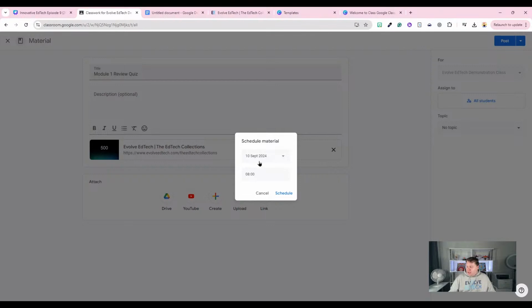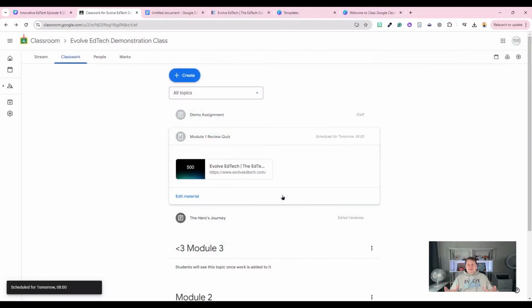It's going to pop in the date, and I have discovered that the date is always the next day. So if you would like to schedule something for your current day, just make sure that you select that because it's always going to default to the next day. Pop in your time if you'd like it to be scheduled to be released at a particular time, and then you simply schedule that. Now that particular material, assignment, quiz will now be scheduled for your particular date and time,